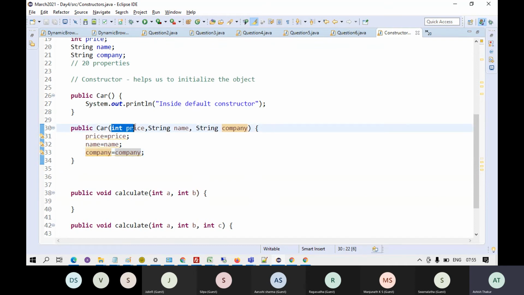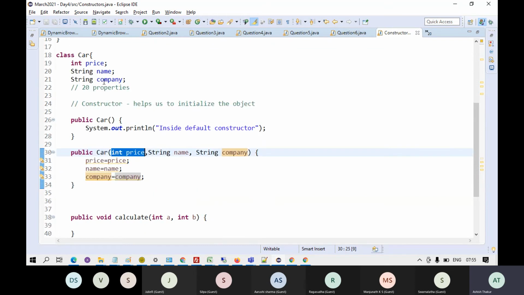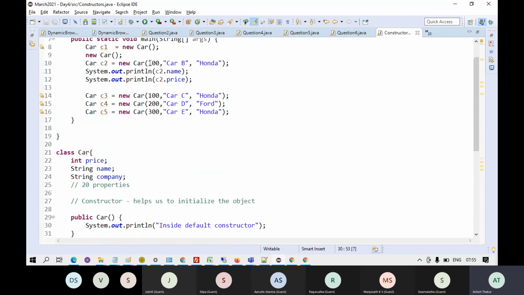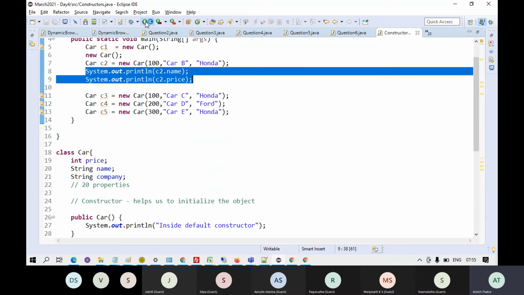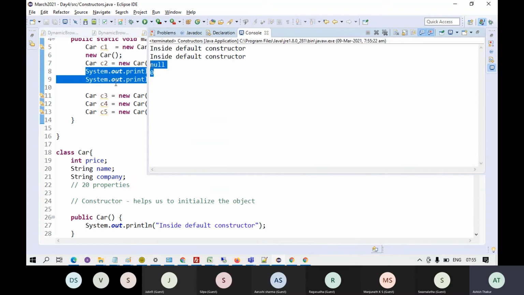If the name of the local variable is same as the global variable, the names I have kept same, and I run this and print the value of c2.name and price, this will print null and zero.